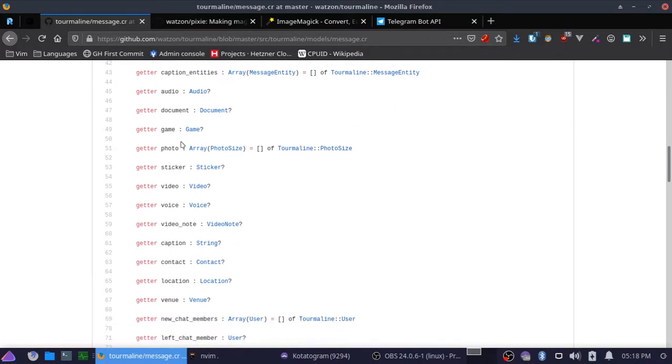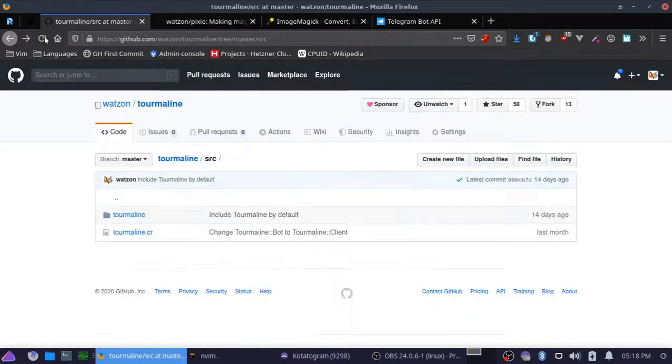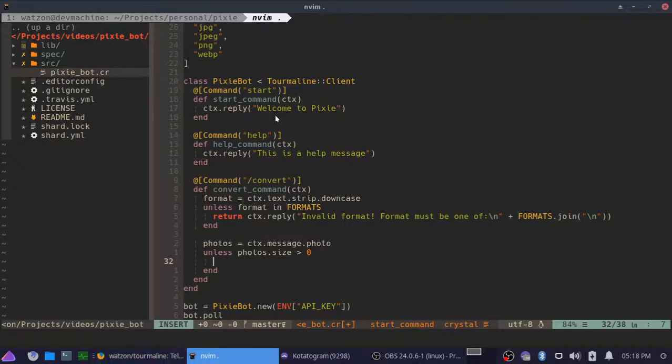So photo, yeah, we default it to an empty array. And this is so we don't have to do nil checks, which is nice. So we're getting an empty array if there is no photo attached. So we're going to say, yeah, unless photos.size is greater than 0,